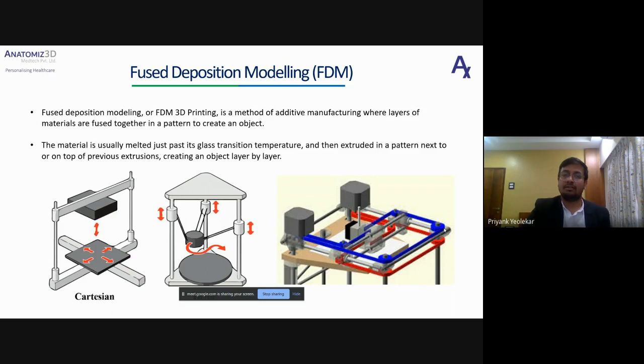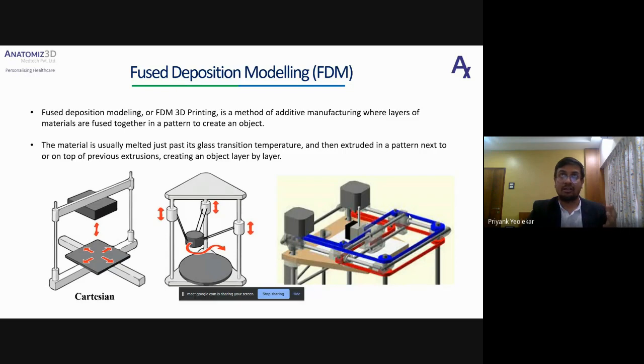What happens is normally the extruder part and the nozzle part are kept at a specific temperature depending on the various materials which are used. So let's say you are using ABS material, the nozzle is kept at around 220 to 230 degrees Celsius, which is the glass transition temperature of ABS. And when the filament comes inside the extruder, it just melts and comes out of that small nozzle.